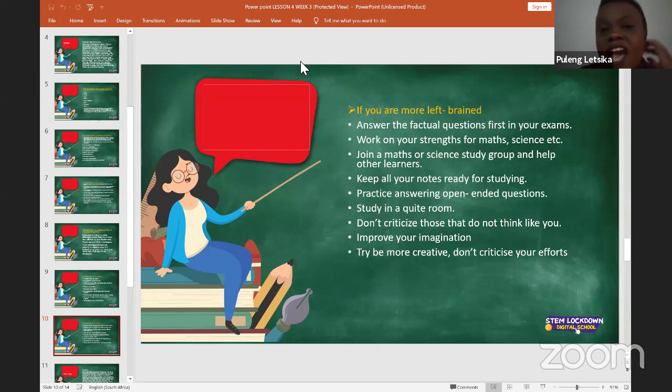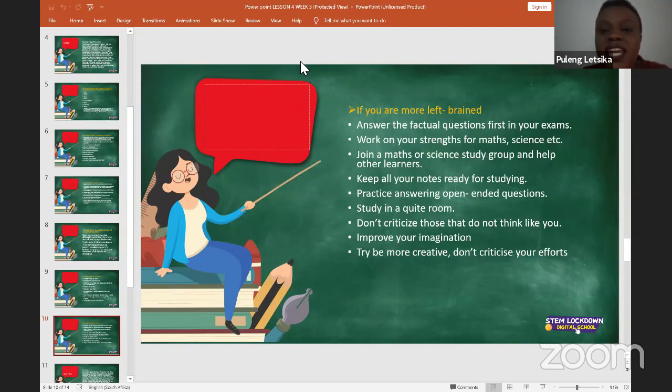So work on your strengths, and your strengths when you're left-brained would be maths and science and everything that involves mathematics, figures, and calculations. So you will do this by, I'm going to join it with the second bullet point, you work on your strengths by joining maths olympiads, by joining other competitions, and that will encourage you to keep on working on your neurons that are able to keep developing when you keep on practicing that strength of yours, which is in maths and in science.